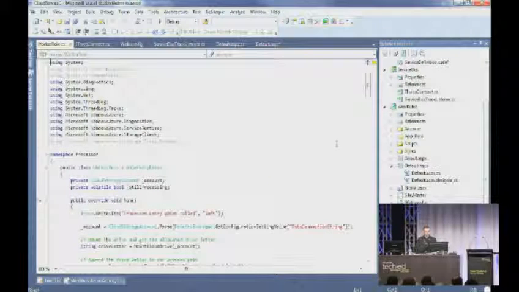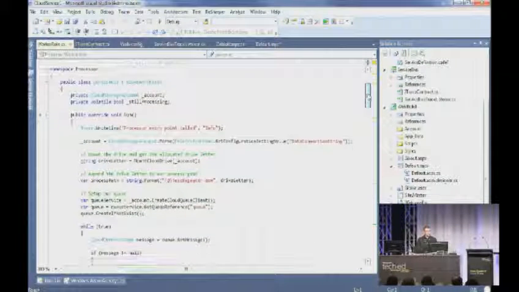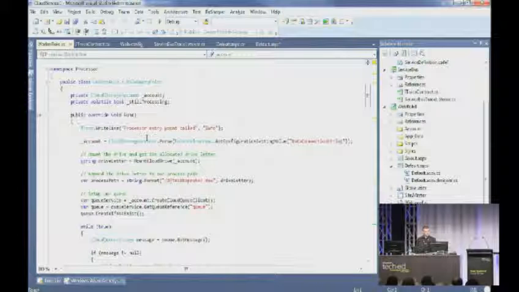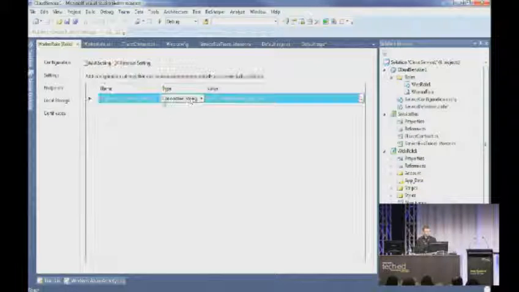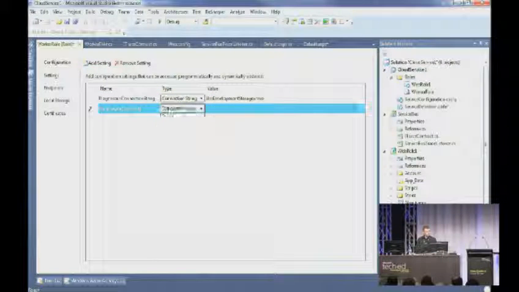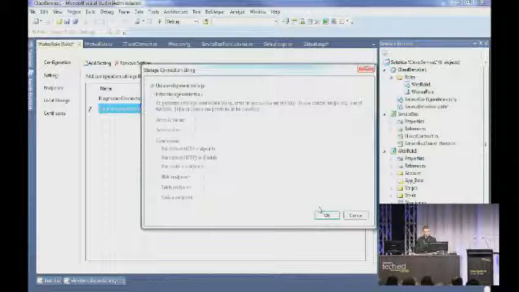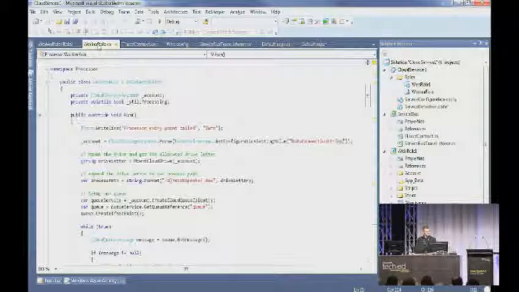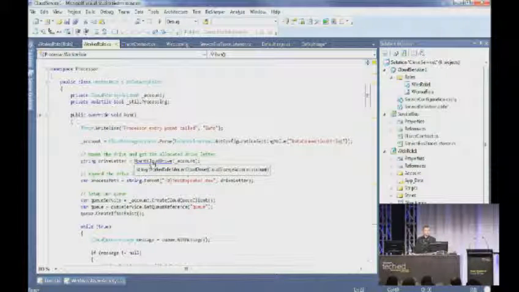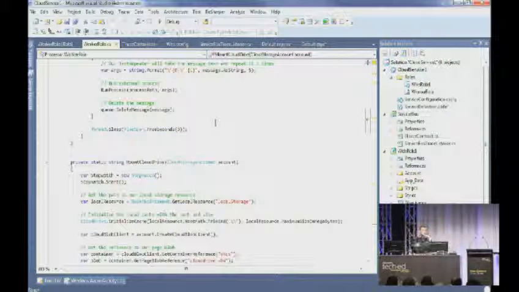So let's have a look at what's happening in the worker role. So we get a reference to the storage account again, so we'll add this to our properties quickly. Cool. Okay, and so the next thing we're going to do is mount this cloud drive. So let's have a look at the code to see how we mount this virtual hard drive onto our local